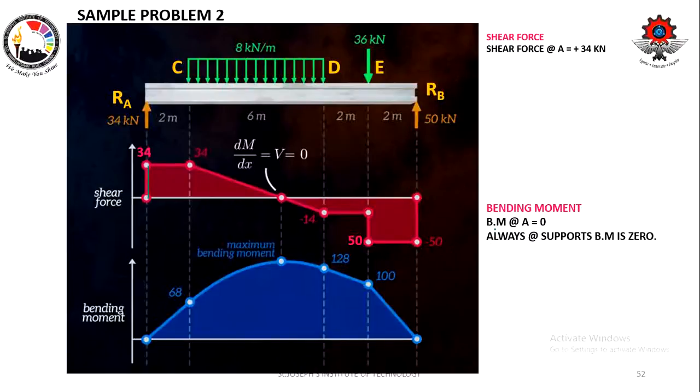Now bending moment at A. Bending moment at A, in the previous video itself I told you that at support reactions bending moment will be 0. We have only the force, we don't have the distance. The force is acting at that particular point alone. You don't have the distance. Distance is 0. So force into 0 is 0. So bending moment at A is 0. Now moving on to the next. Right? So shear force from A to C.